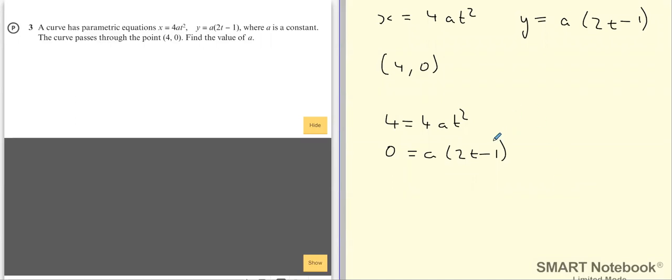Now, I can work with either one, but I like working with equation number 1 because I'm not dividing by 0 and getting rid of something. Probably both still give me the same answer. It's quite easy from here to divide by a and get the t value, because a is a constant, but I'm going to check that in a bit anyway. So I'm going to do 4 over a equals 4t squared, and so I get t squared equals 1 over a,